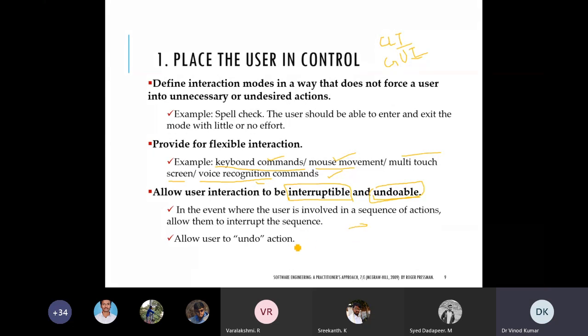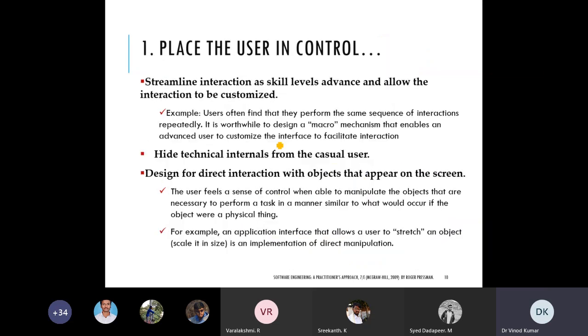We can also do some work that was undesirable. Or suppose some document we have opened and were reading, and we made some changes in it unknowingly. So there must be some options so that we can undo. So an undo option is there like this, and a redo option is there. These are nothing but interface facilities. They should be there so that we can make the system easy and very useful.